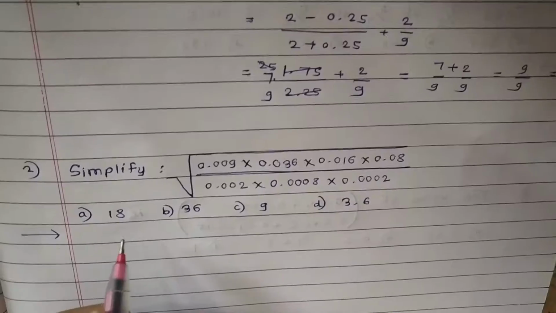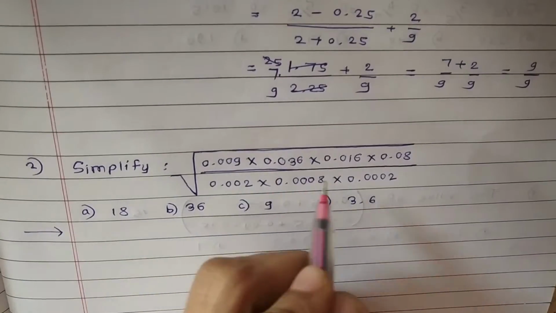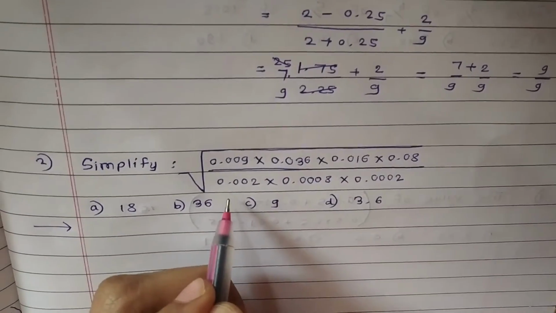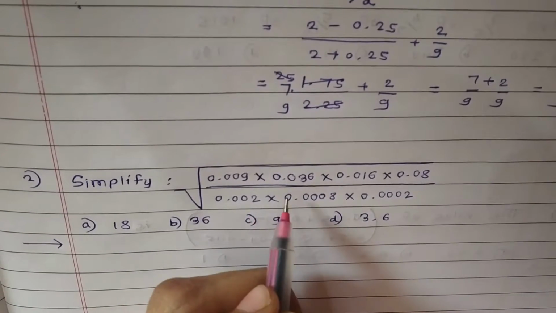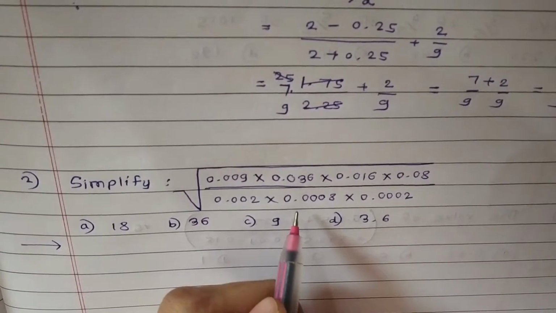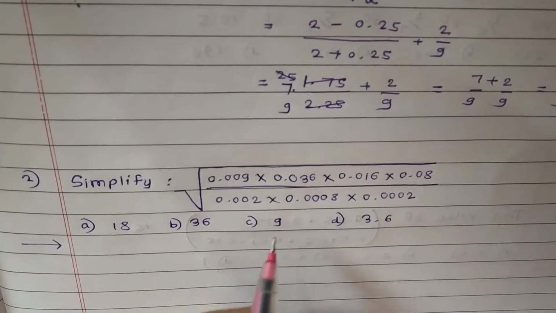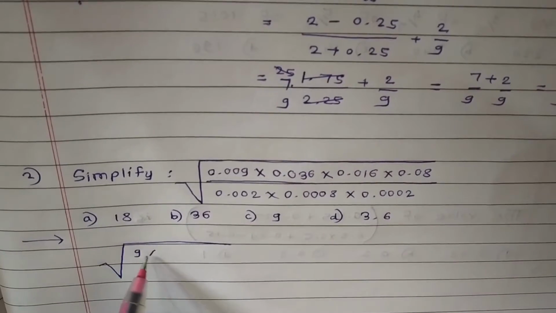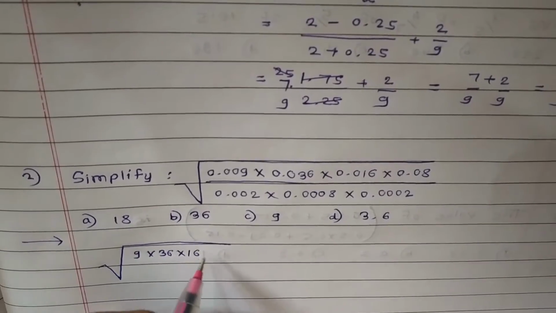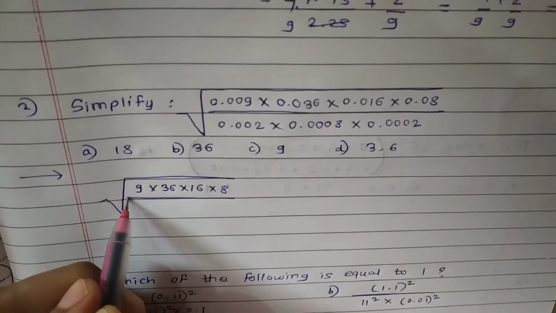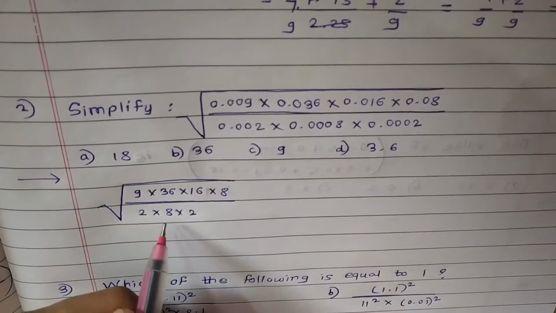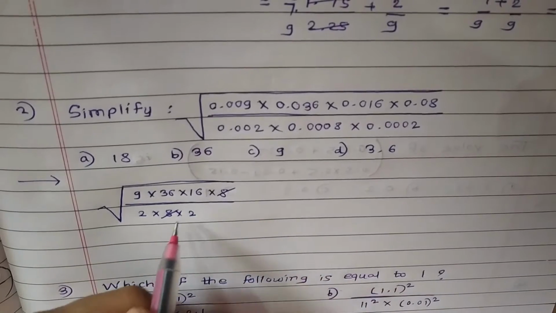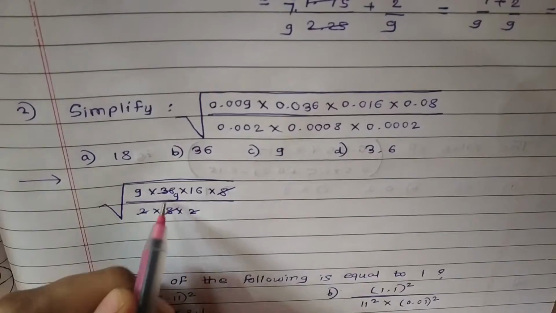Next example is, you have been given the example in square root. How to solve this example? Here you can see that the sum of decimal places in numerator and denominator is the same. In such cases, you can write this example as 9 into 36 into 16 into 8 upon 2 into 8 into 2. Here 8 gets cancelled with 8 and 2 into 2 equal to 4 and 4 nines are 36,